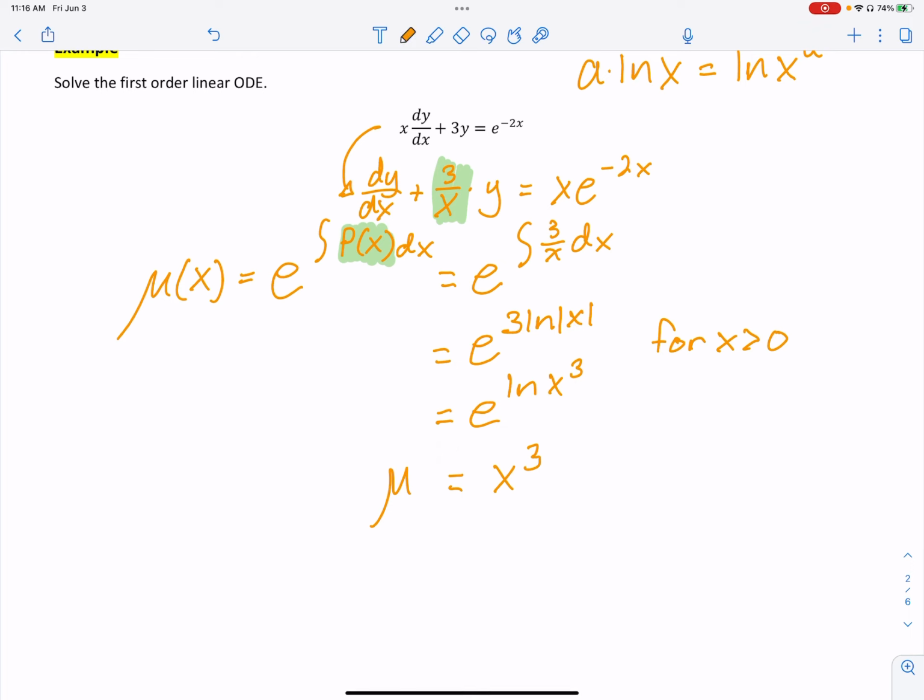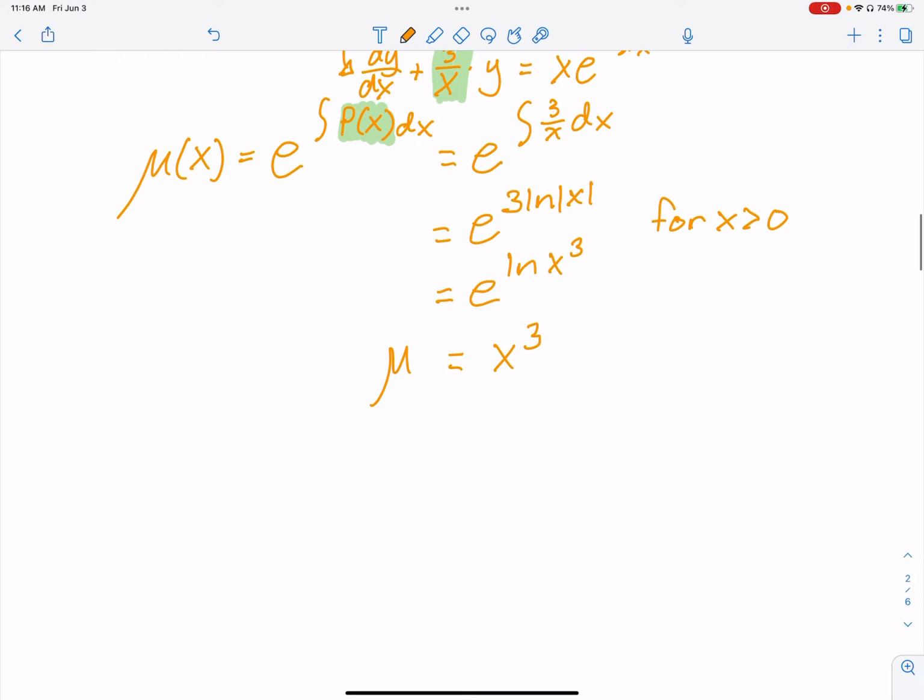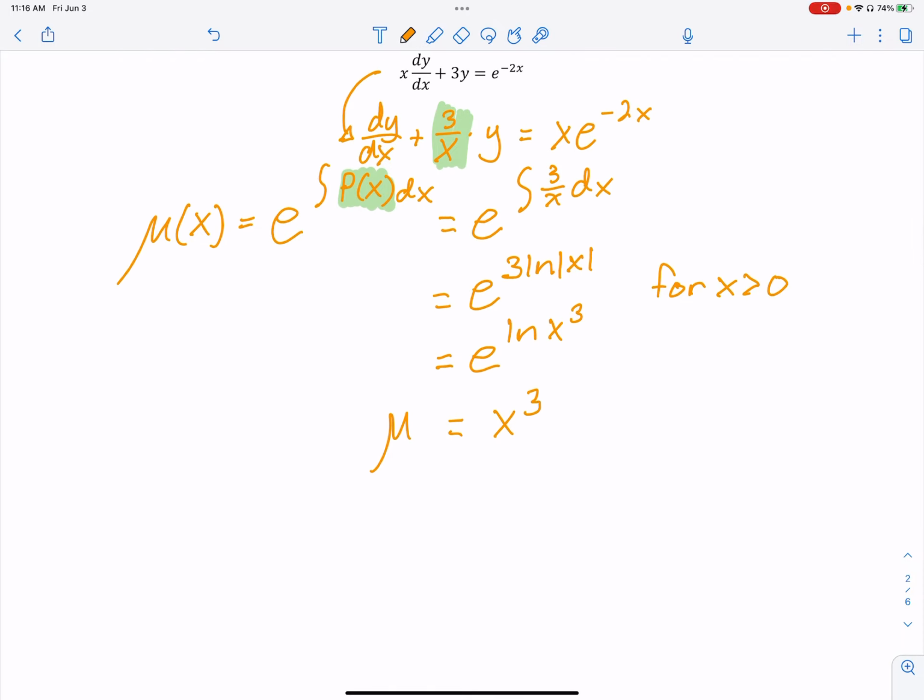Then I did the integral, worked it out. Now I have mu. Now why I want mu is I'm going to multiply this differential equation by x to the third. So I get x to the third dy dx plus, okay, I multiply x to the third, I get 3x squared times y. And then I get x to the fourth